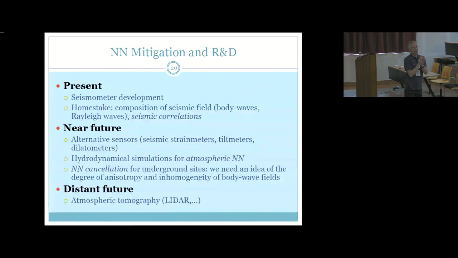Typically, these are very, very low frequency sensors, the way they're applied. And so I didn't really mention them, because developing a version that measures at very high frequency is challenging. But in the end, you could always construct it from strain meters and tilt meters, because if you monitor strain in all three directions, you can also get the volume change out of that. So I guess the strategy would probably be to have more strain meters instead of a dilatometer.